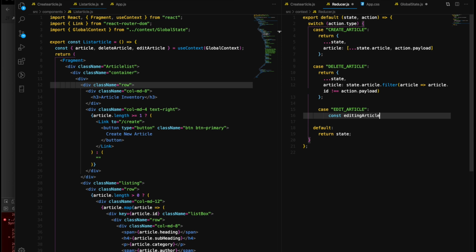Editing article, and the payload that it's taking would be action.payload, and then we create another constant where